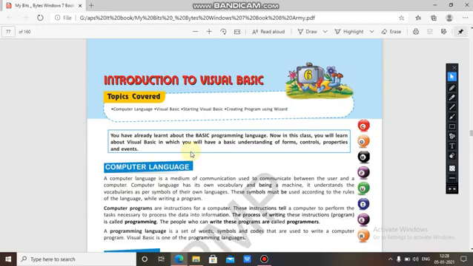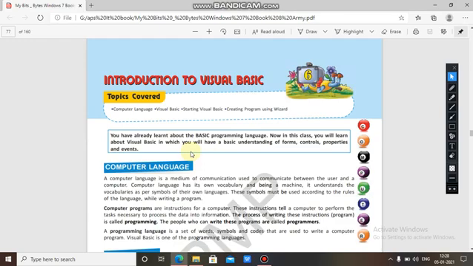Now, computer programs. This was about language. Language is a medium to communicate, but programs are the instructions for a computer. These instructions tell a computer to perform the tasks necessary to process data into information.